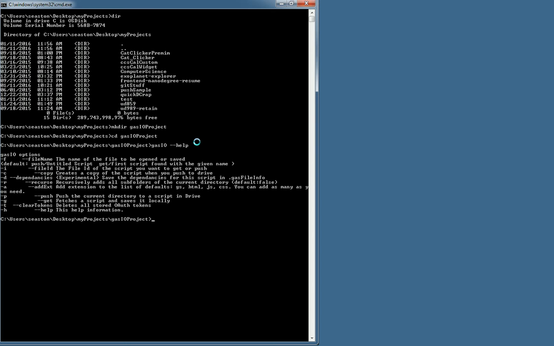This tool can pull a script down from Drive, and it can push a script up to Drive. And there's lots of different options that you can pass to add some granularity of what you want. So let's start out by just getting the gasIO project and saving it to this directory. What we're going to do is call gasIO, and we're going to get, and the file name is going to be